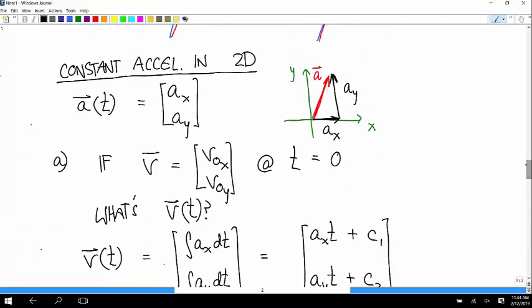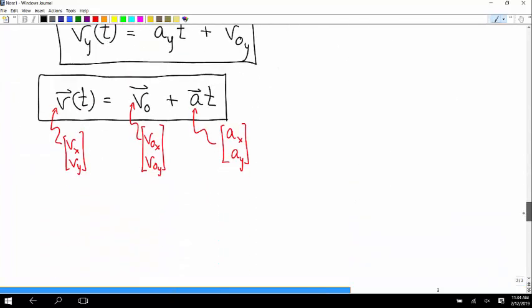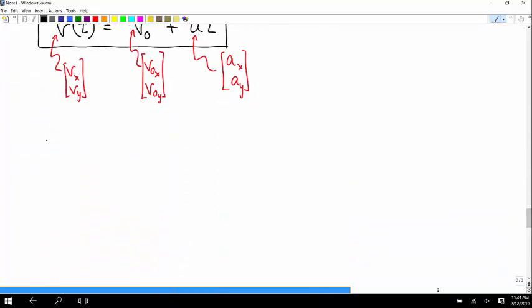So now we have the velocity as a function of time. Now what about the position? So when time is equal to 0, the position